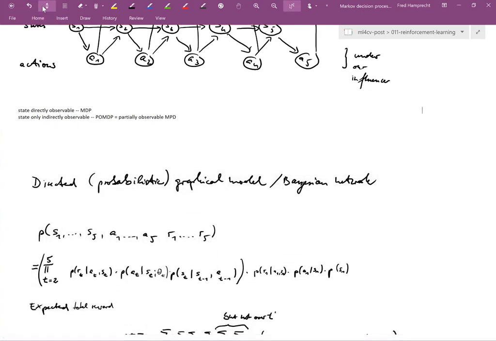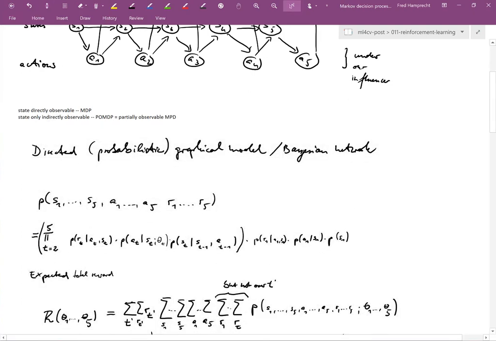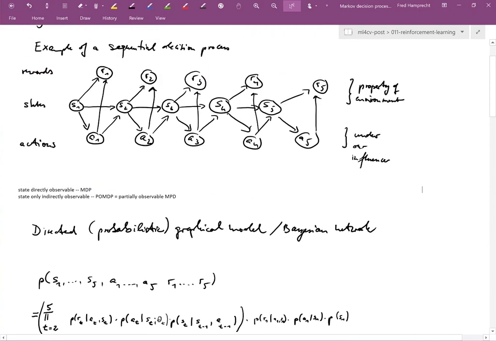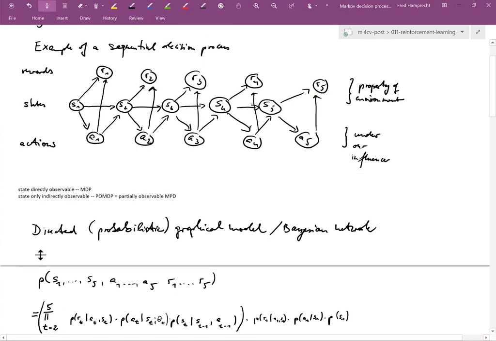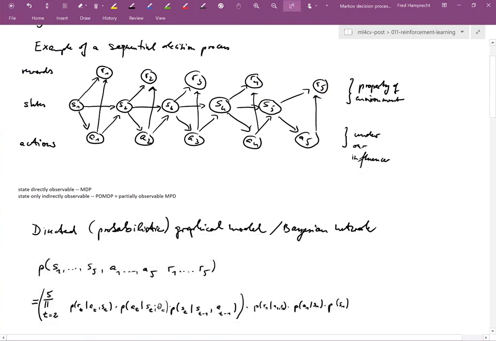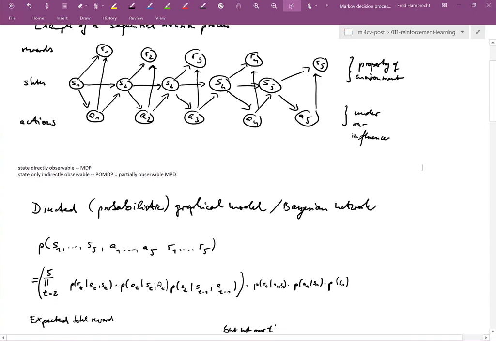Okay, now I've already mentioned that the picture above is a directed probabilistic graphical model, also called Bayesian network. And so far in the lecture, we have been discussing undirected probabilistic graphical models. Directed probabilistic graphical models have a somewhat different semantics, but they also allow to find compact representations for high-dimensional probability distributions, or to compactly express conditional independence relations.